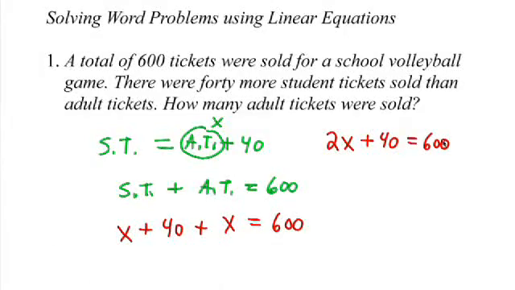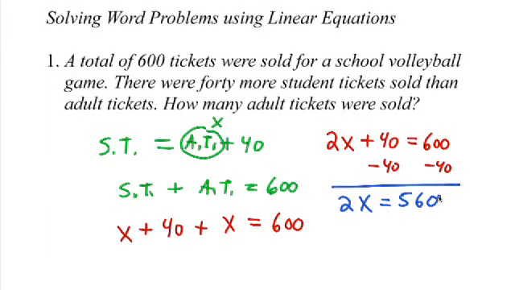All right, let's make sure we answered the question. We were supposed to answer the number of adult tickets. Looking here, we see that we did call the number of adult tickets X, and that's what we solved for. So this is the right answer. Make sure you answer the question ALEKS asks. If ALEKS had asked for the number of student tickets, we know that the number of student tickets is the number of adult tickets plus 40, so 280 plus 40 would give you 320 student tickets.